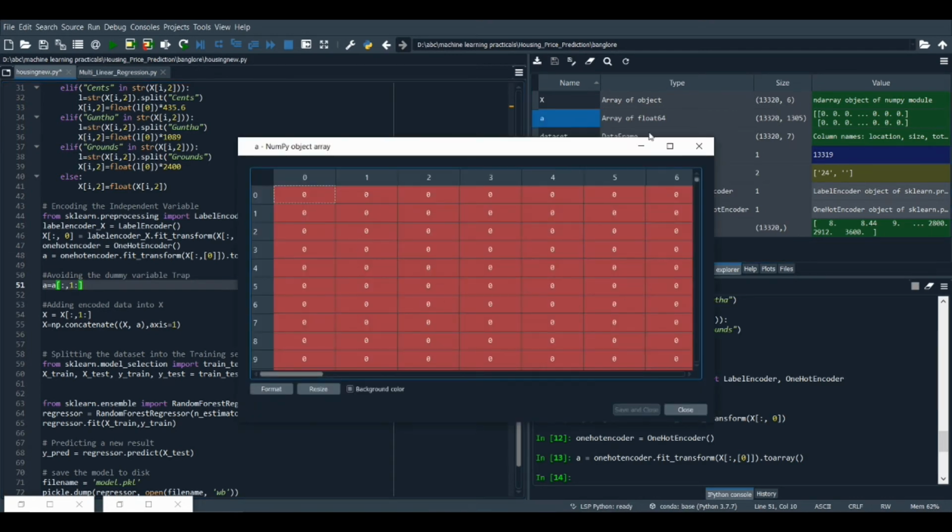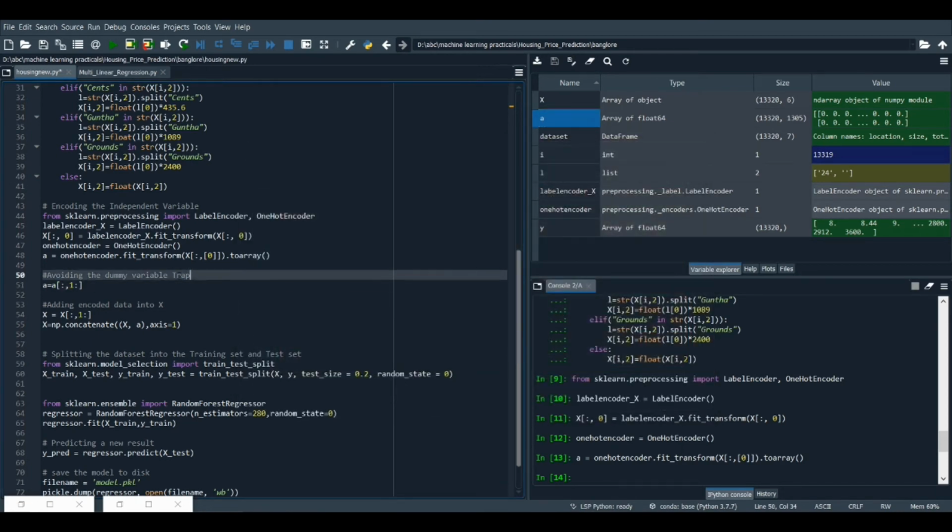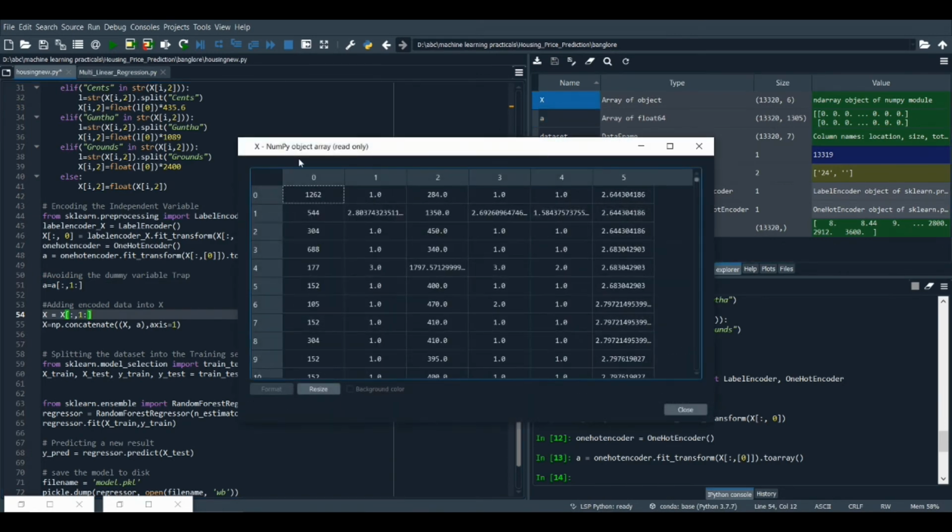First, we need to remove one of the columns from this temporary variable, that is our array, in order to avoid the dummy variable trap. If you are not familiar with the dummy variable trap, check out the playlist of our machine learning course. Now after that, as we have removed one of the columns from our temporary array, we need to remove the 0th index column from our independent variable, because we already created a one hot encoded format of that column.